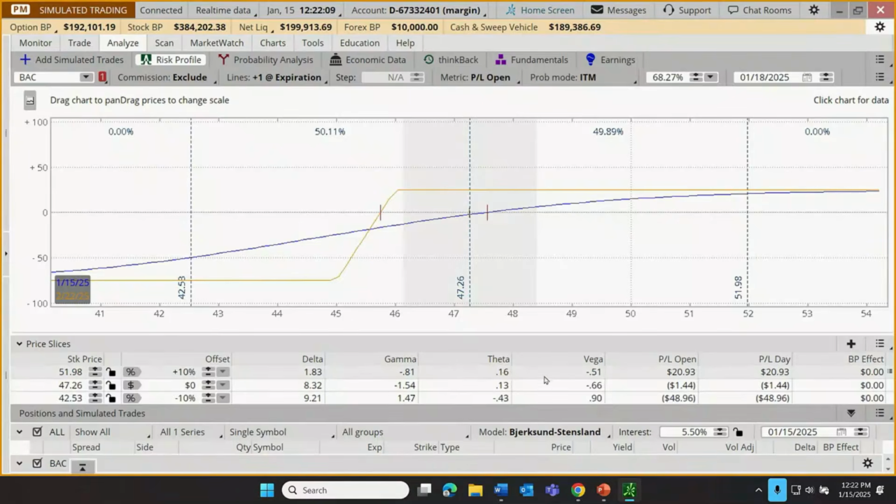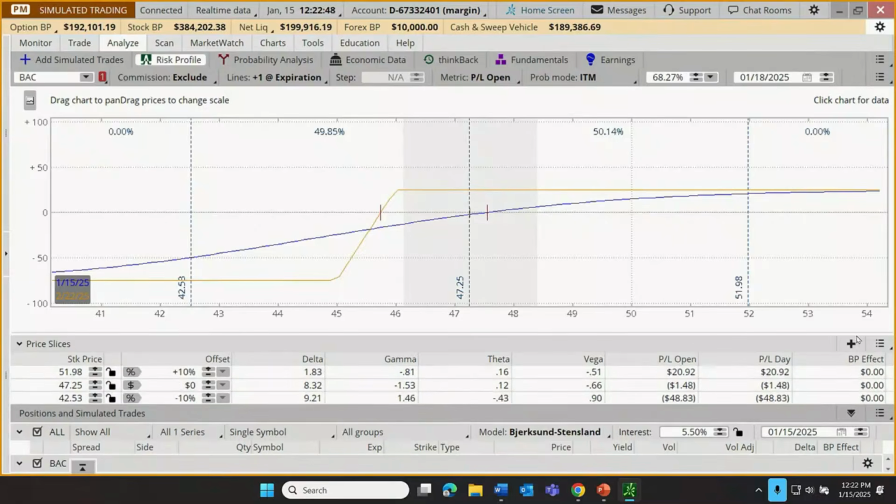So it just starts with the current price and assumes a move up or a move down. And then it gives us all of this other data showing us how our trade would likely perform if the stock were to move that amount up or down. So right now, our trade is basically a break even. If it were to move up 10% right away, we'd be looking at maybe a $21 profit. If it were to drop 10% right away, we'd be looking at maybe a $49 loss. So we can start to see the numbers displayed here differently. But we can also play with these slices.